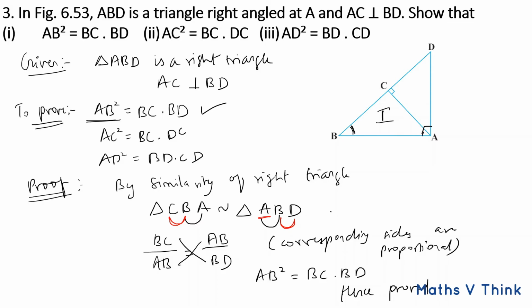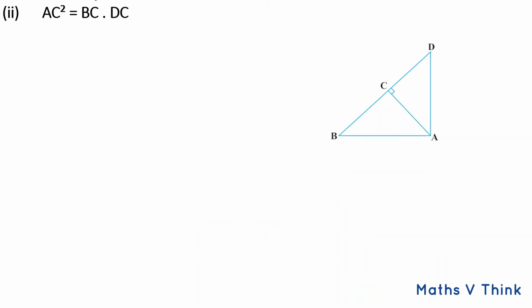When you name the triangles in a proper order, you get the exact correct answer as to prove. So the next question is AC square is equal to BC into CD, so DC. So mark the square sides. They gave AC, nothing but this side, and BC and DC. Means I need to compare first this triangle and then this triangle to the whole triangle.